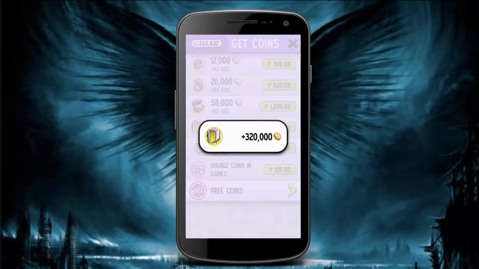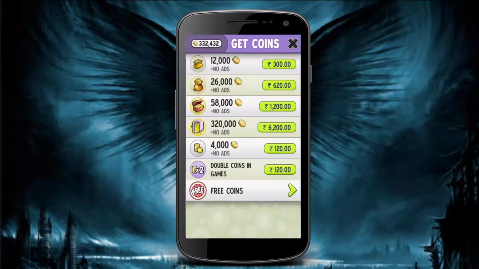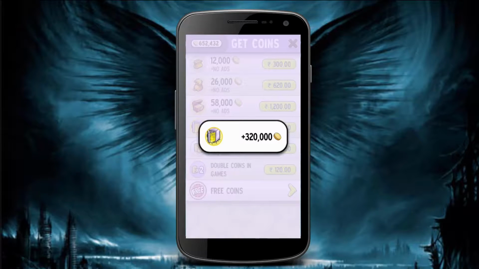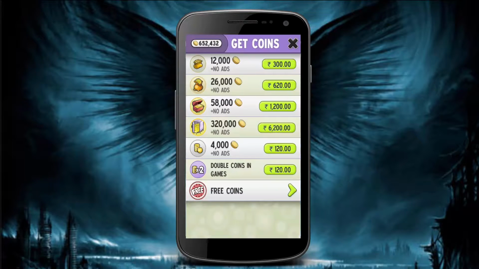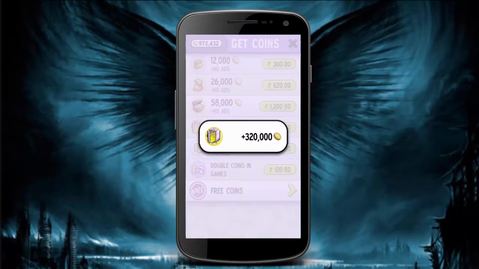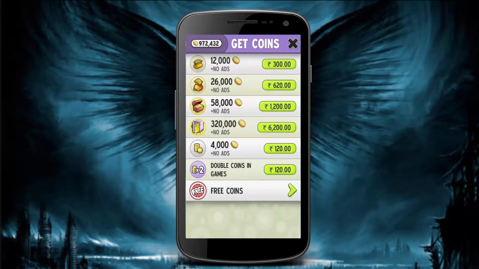You see, plus 3,000, 3 lakh. Sorry, what is that? 3,20,000 in Indian. Good credit, and you can press this an infinite number of times to get unlimited coins. You can keep on pressing this to get unlimited coins, and this is how she was doing it. She doesn't even know that it's a kind of hack. She was thinking that she's getting some free coins, etc.